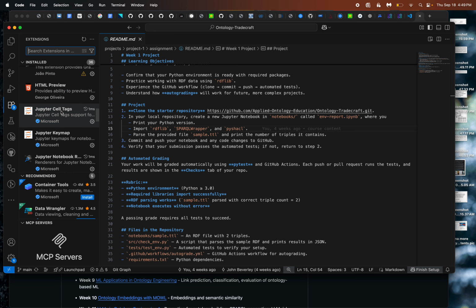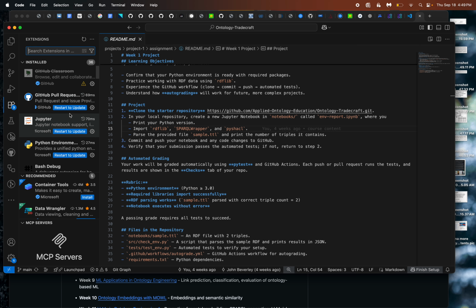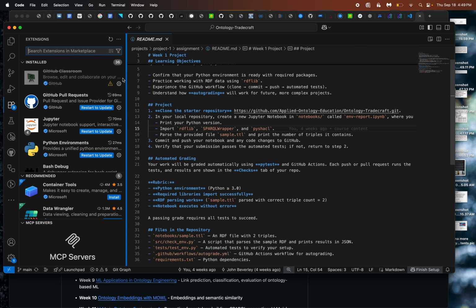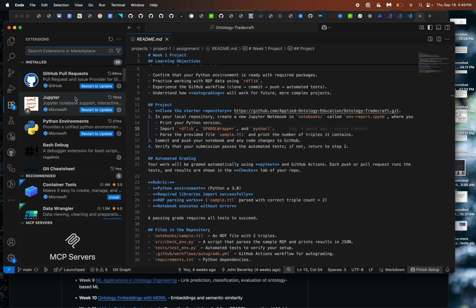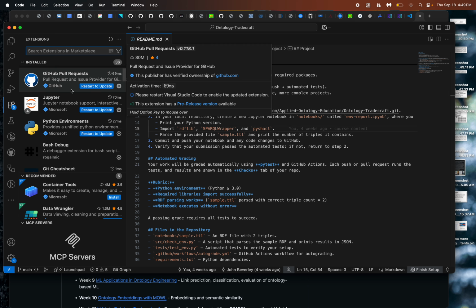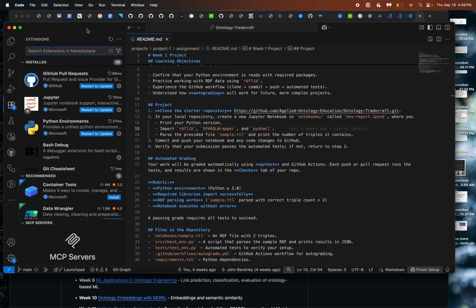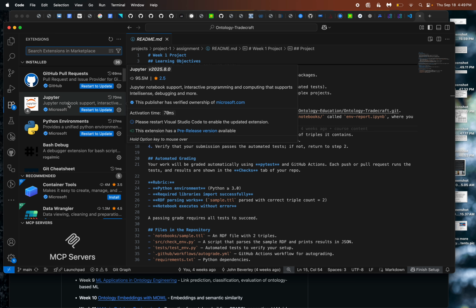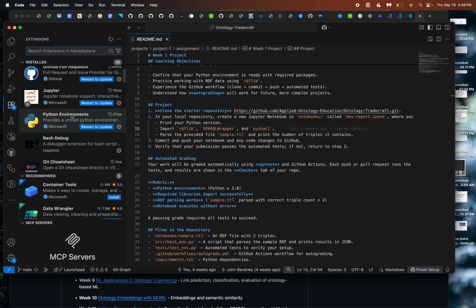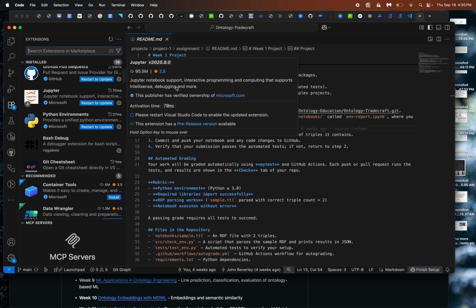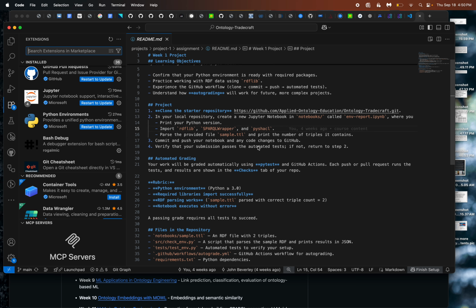Some of these I use more than others, but there are quite a few helpful plugins that will allow you to render different syntaxes, to lint them, that is to say, check syntax for different programming languages, and just help you with your development background in general. Jupyter is a really useful plugin to have. I strongly encourage you to use it because it makes the development process for working with Jupyter Notebooks